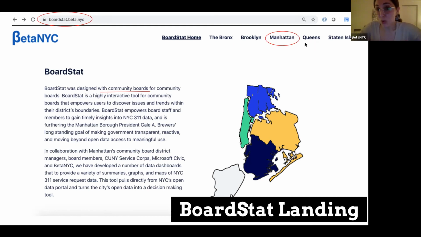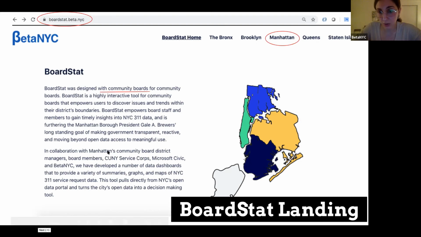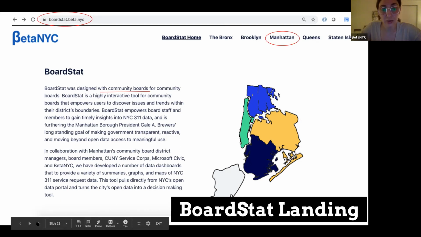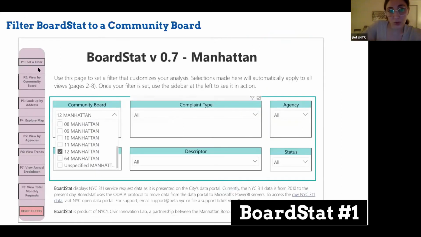Okay. Right. So in this case, we're going to pick Manhattan, and we're going to go ahead and look at Manhattan CB12, which is the uppermost community board in the whole city. So it's Inwood and Washington Heights, right below the Bronx. So once we pick Manhattan, it takes us to this page where we can pick our community board. As I just said, we're going to pick Manhattan Community Board 12